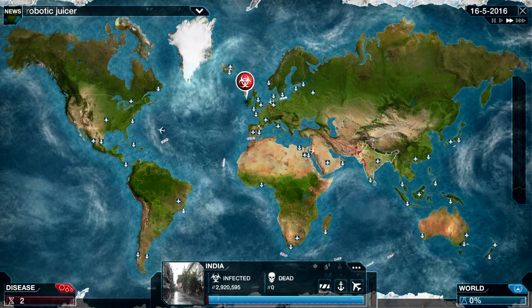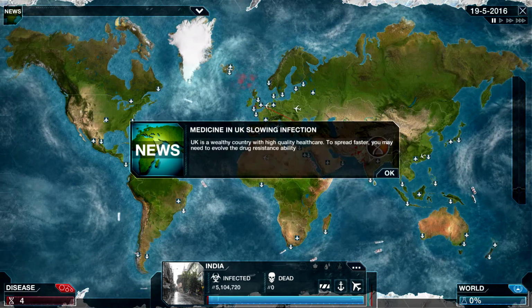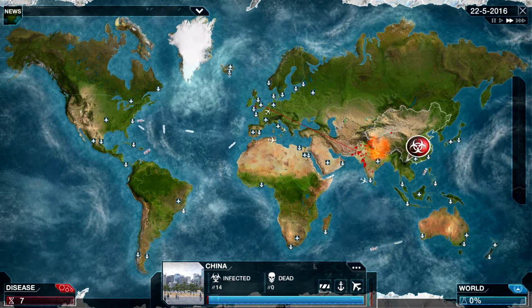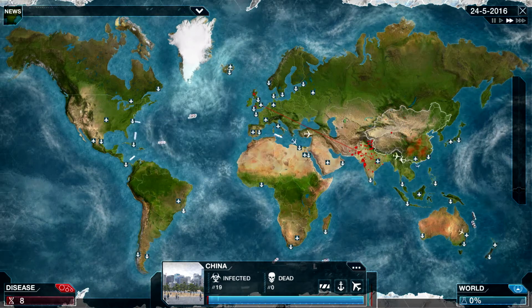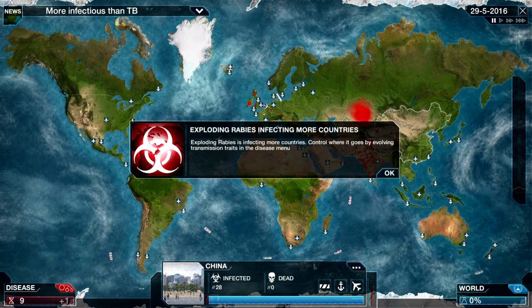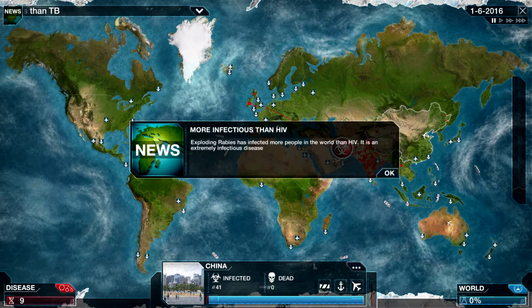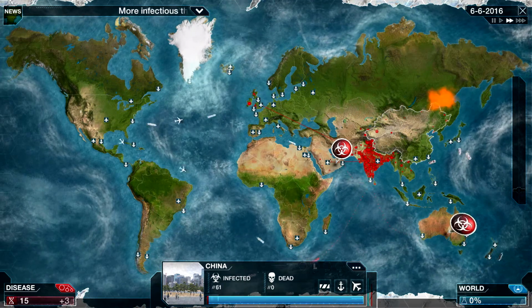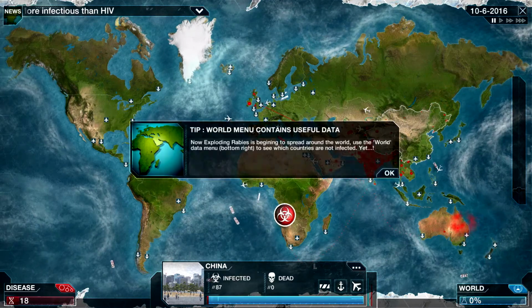So... Oh, there we go. And we are in the UK, which is great. And then the UK will allow us to easily spread to more infectious than TB. And it just keeps throwing this stuff at you, right? There we go. Infecting more countries. And this is it. So you just got to be careful. More infectious than HIV. So we probably are getting some attention by now, but we are spreading